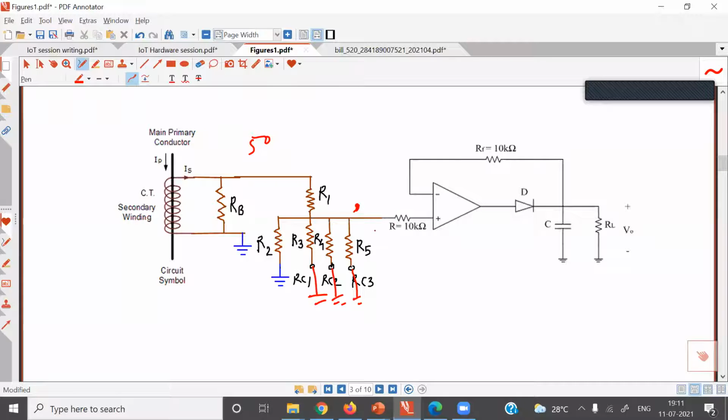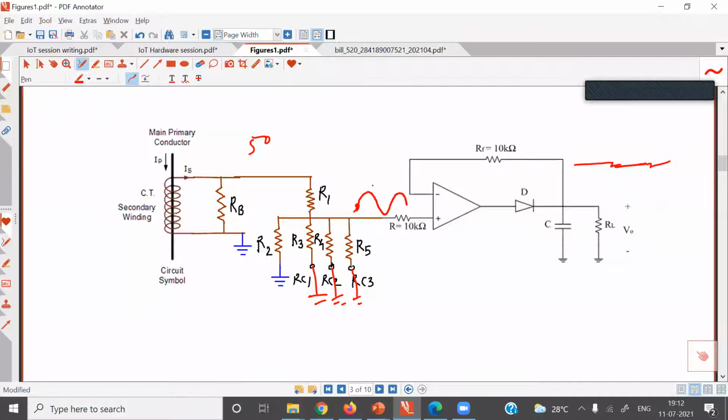At the output of this voltage divider network, I have connected an operational amplifier, and with the help of this operational amplifier, a peak detector is implemented. So this is a peak detector instead of a rectifier. At the output of the peak detector, we have connected a capacitor and resistor. So what we get here is, again, pulsating DC voltage. Maximum DC voltage is proportional to peak voltage here.